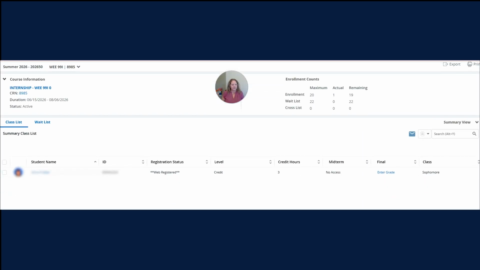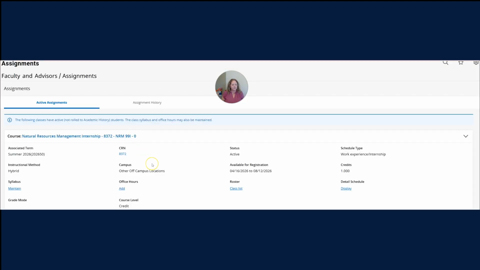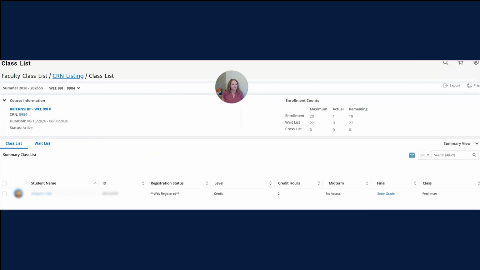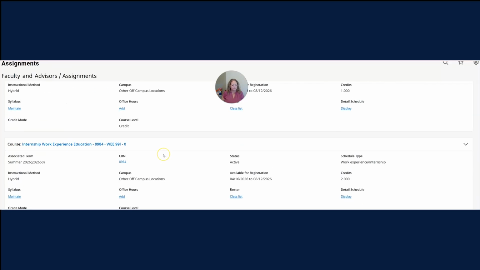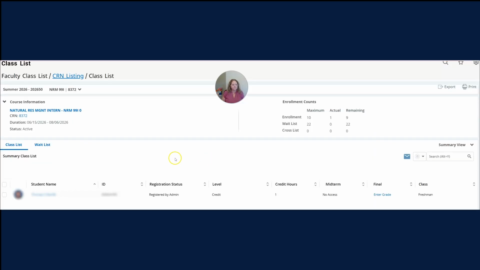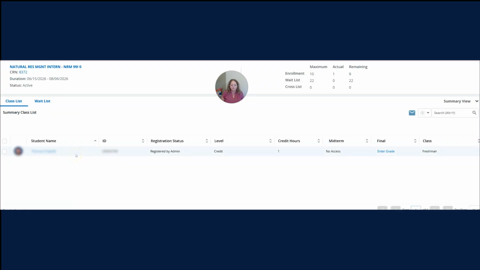All right, so I have Anna who is registered in this WE 99I. I want to look at one other. I think I have, sorry, I should have done this prior. Nope. Okay, let's just go back to Anna. I thought I had a section that had two students, but I guess the other one hasn't registered yet. Okay, nope, now I'm in natural resources. Okay, that's fine. So I have Thomas in this class,